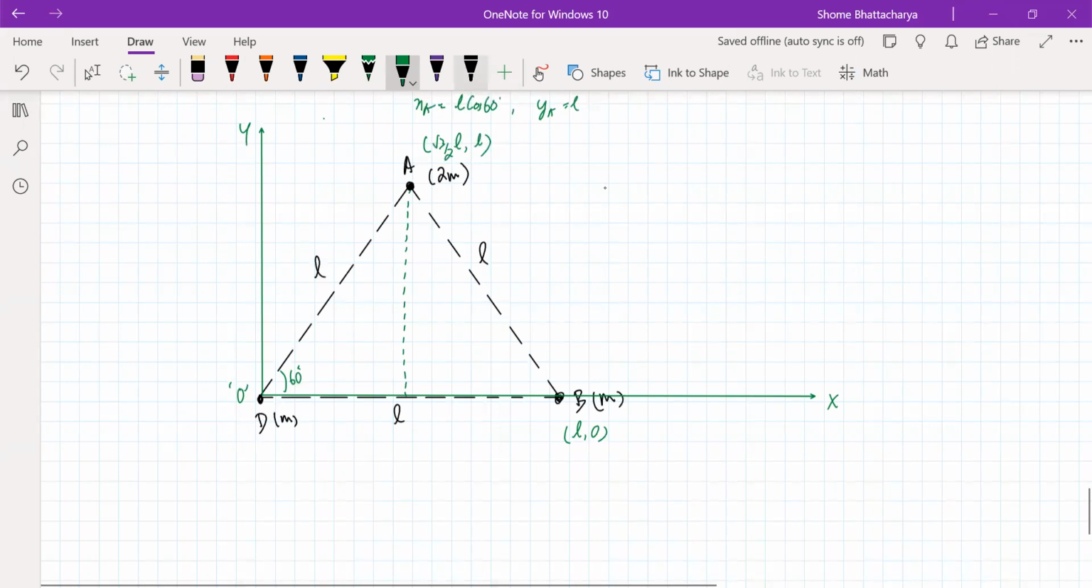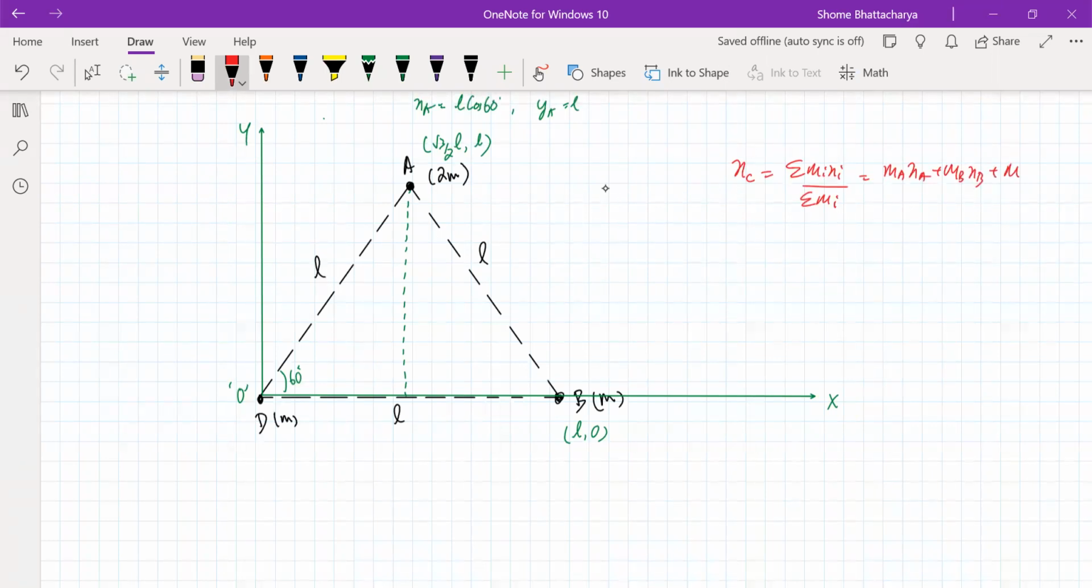Okay, so now the center of mass will be at a position such that the x coordinate of the center of mass is summation mx divided by summation m. So when we write that over here, we should write it as mass of A into x of A plus mass of B into x of B plus mass of D into x of D divided by the total mass. When we incorporate that here, A's contribution is m into 0, B's contribution is m into L, C's contribution is